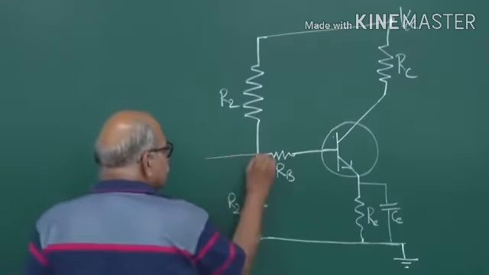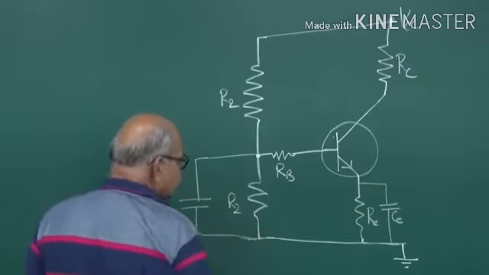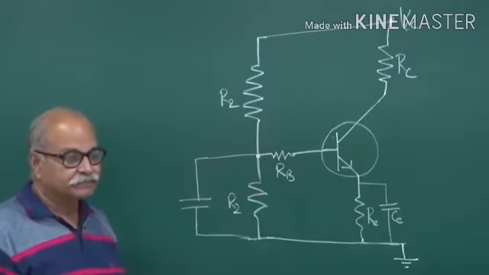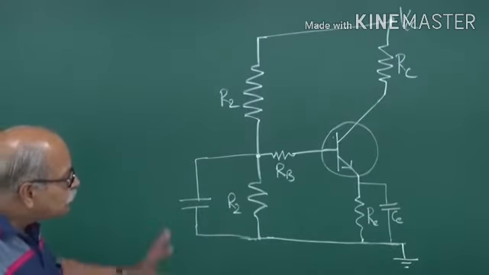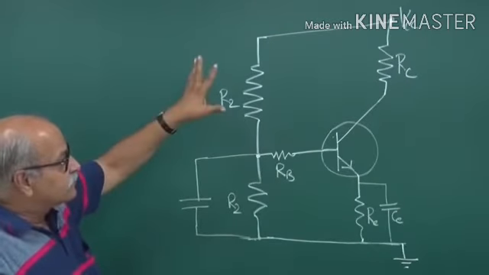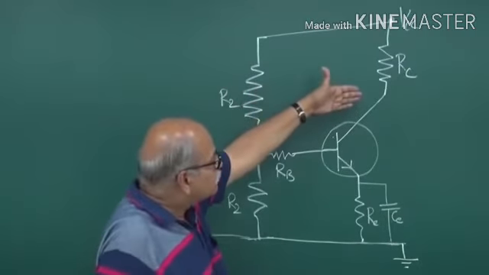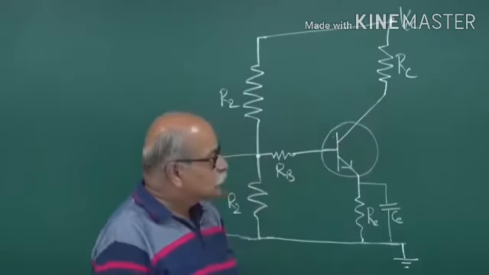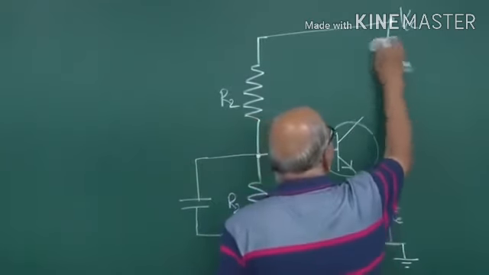Another capacitor people put, that is for filtering out undesired AC. So this is a kind of amplifier circuit which is there. Now for putting that tuned circuit, where do I put the tuned circuit? So it is the collector, it is tuned collector. So this circuit, this tuning part, that oscillating part will be in this portion. So the circuit will be modified a little bit.